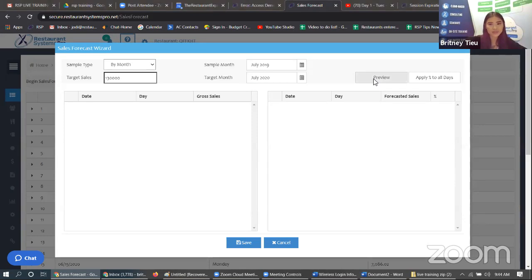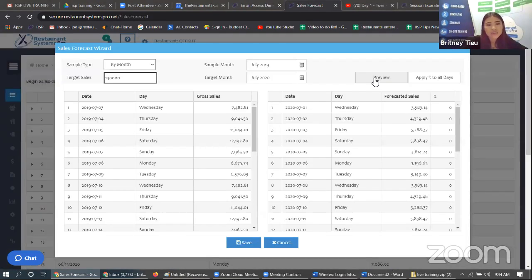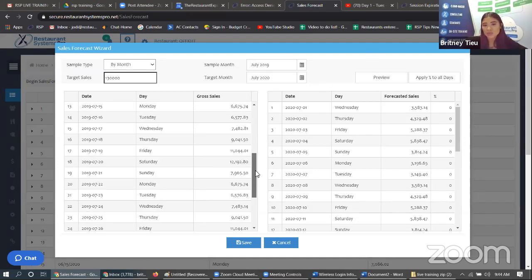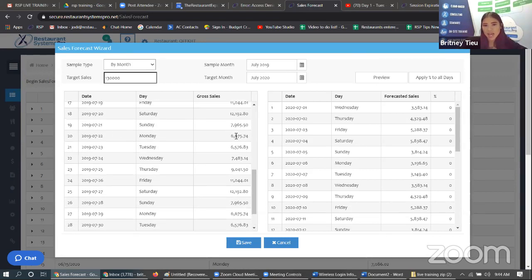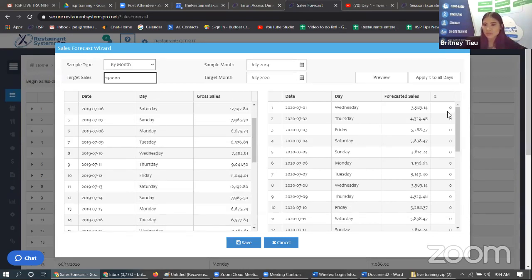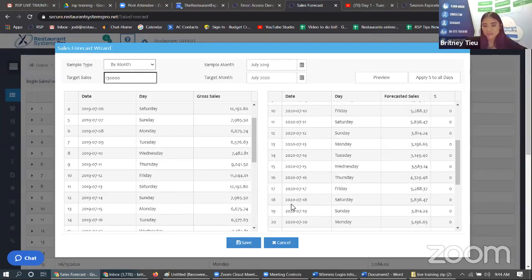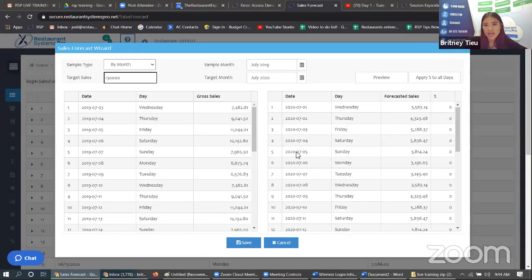From here, hit preview. On the left side, as long as we have history in the system, whether it be a year's worth of history or a month's worth of history of end of day reports, you can start doing it this way. On the left side, I have my original actual sales from July 2019. On the right side, I have my predicted sales for the upcoming month. You can see last year,